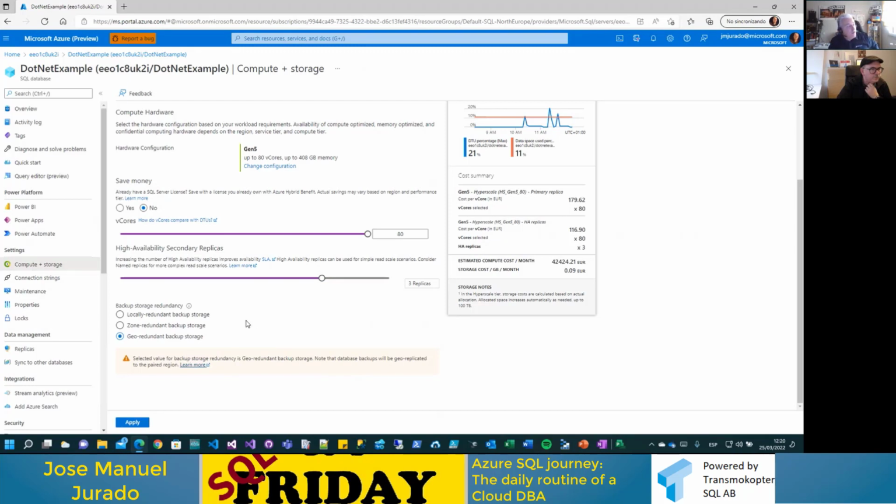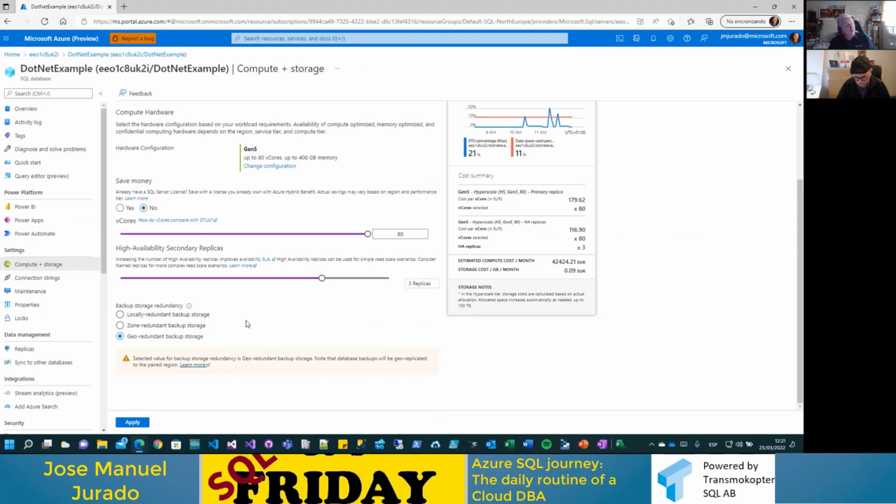When I saw this, as I was a DBA in the past, I'm going to sleep very well every day because, as you can see, you have 3 copies, and besides that, you have 3 copies internally of the backup. You have 3 different methodologies. You have zone redundant backup storage. That means that once we have the backup, we are going to move this backup to another data center.